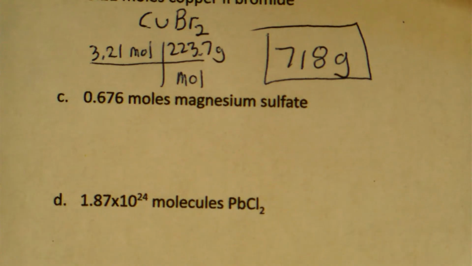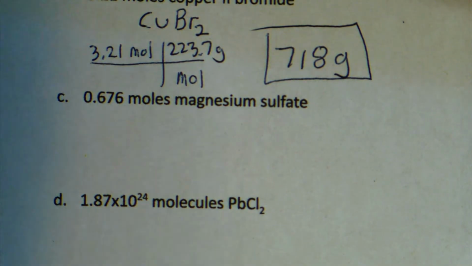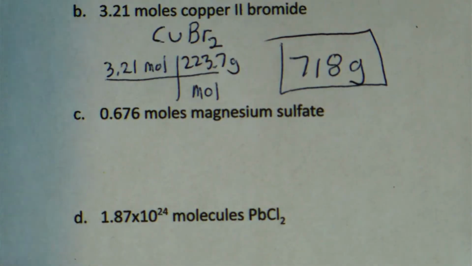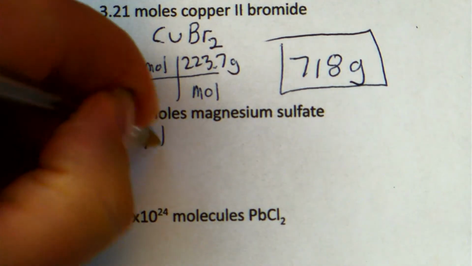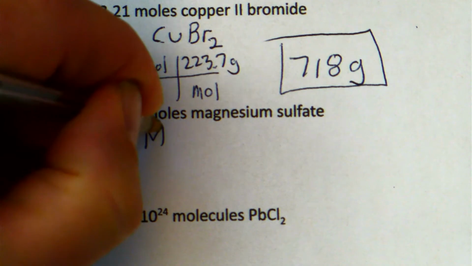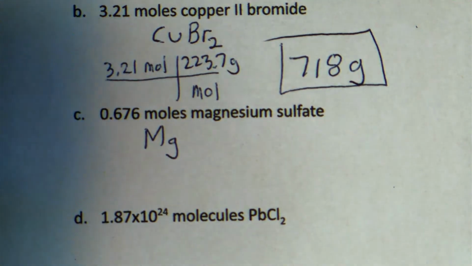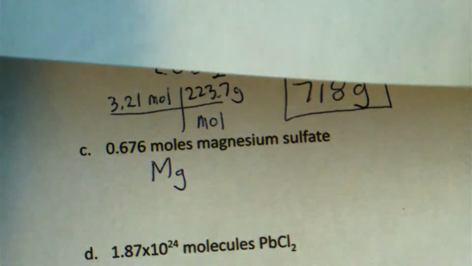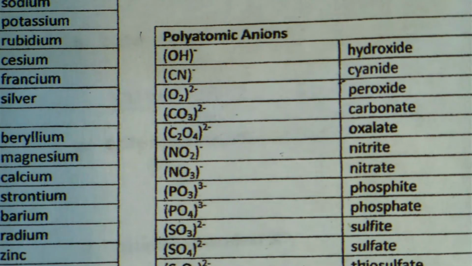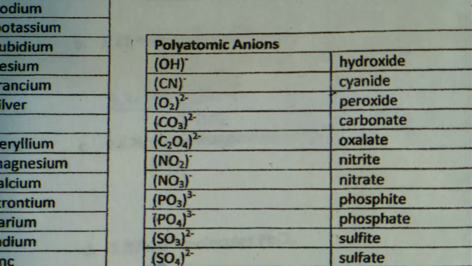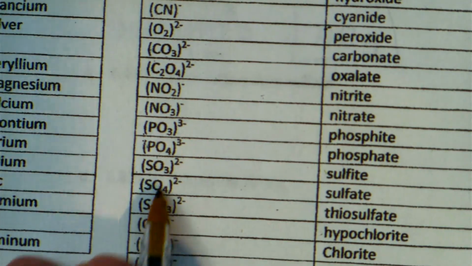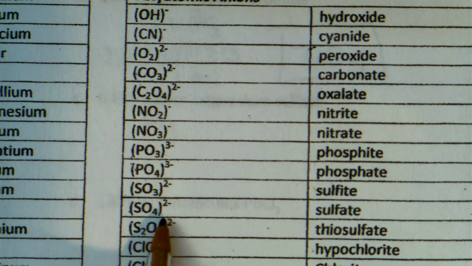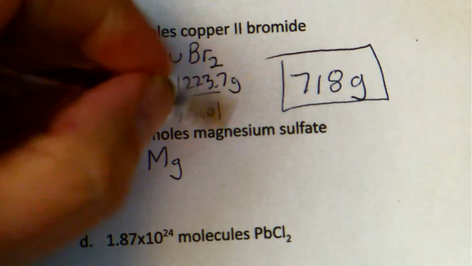Letter C. I have 0.676 moles of magnesium sulfate, and I want to convert that to grams. So first I have to correctly write magnesium sulfate. Magnesium is Mg, always with a 2 plus charge. Sulfate is SO4 with a 2 minus charge. So no need for parentheses. I just need one of each,